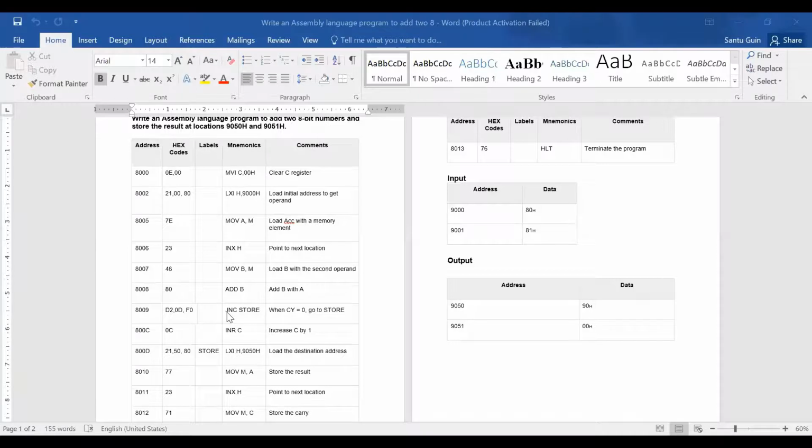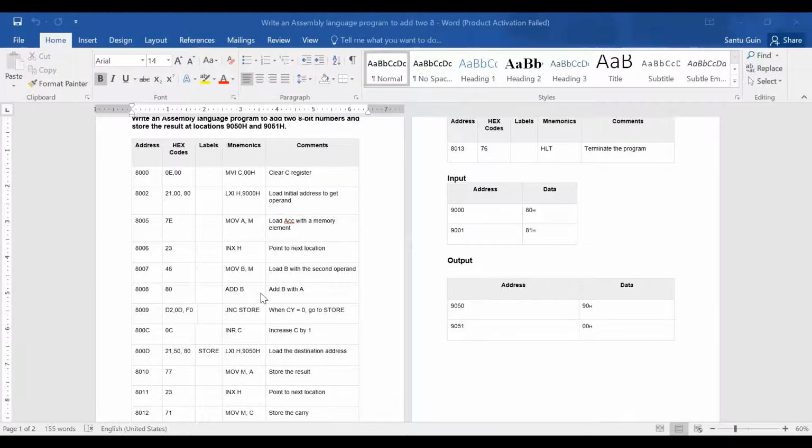After addition, there may be a carry, or there may not be a carry. Now to save this carry, you need another register, because the 8-bit result is already stored in A, and the extra 9th bit must also be stored, since after 8 bits it creates 16 bits.